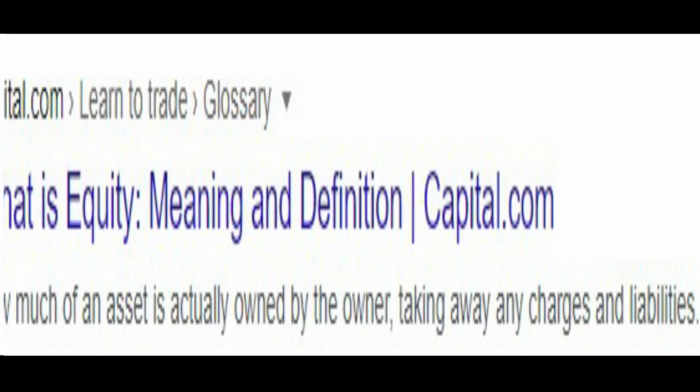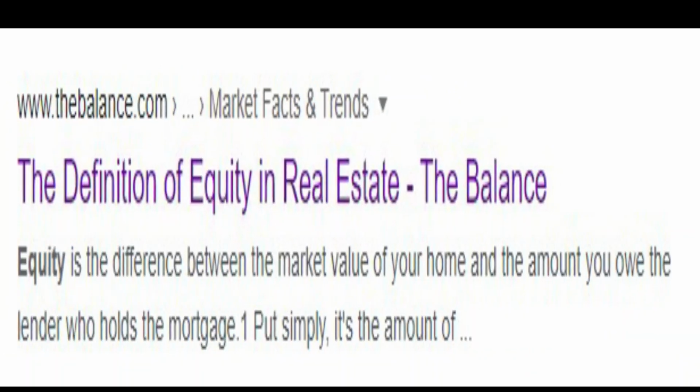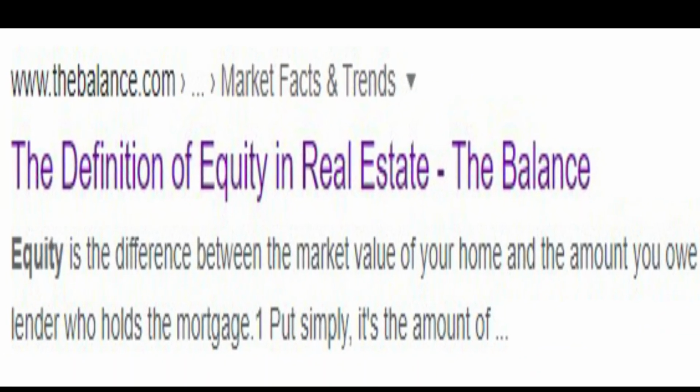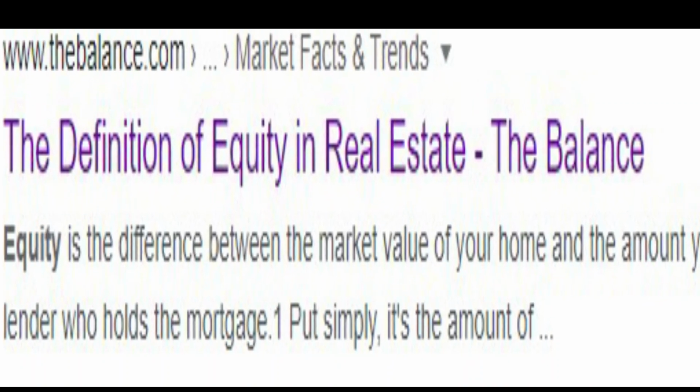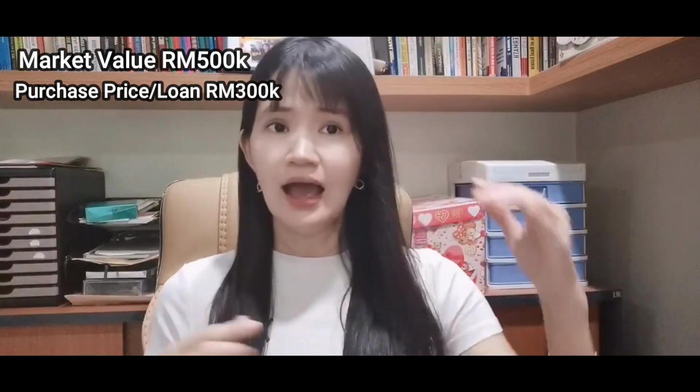Okay, when it comes to equity build out, if you look at the dictionary over here, it means that any assets after minusing out the liabilities, whatever is left over, that is called equity. So for example, if today I were to go out and invest into a property where the market value is around 500,000, let's say, and I'm able to get it at 300,000. So I'm buying below market value by 200,000, and the difference of 200,000 will give me an immediate equity build